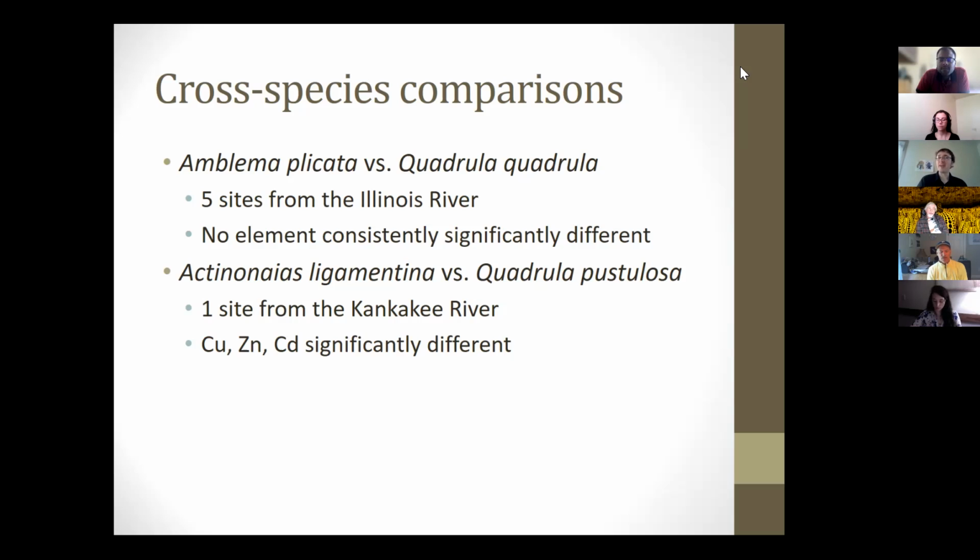Based on this, I've mostly put all the data together species-wise, but I do think that that one result does open the door a little bit, that there may be room for more research into the different co-occurring species and whether they deal differently.